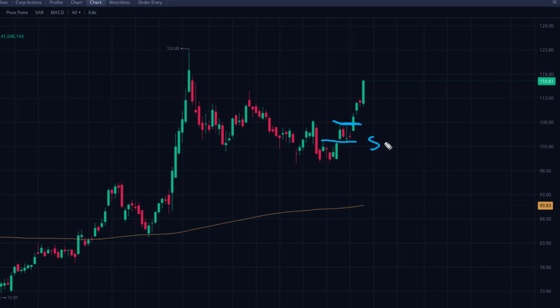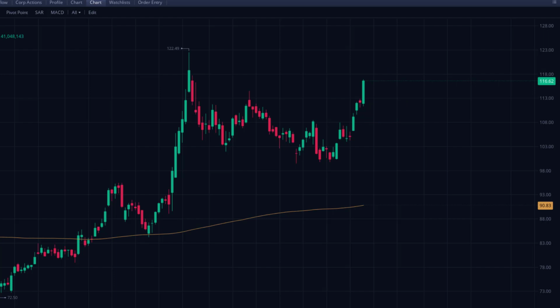So now my stop is at break even, and we just broke out above this high right here. Today at the end, I'm going to be moving my stop to 108. So I already have $5 locked in, and I still got quite a bit of cushion. I've got $8 of cushion, and as the price moves up, I'm just going to keep trailing my stop using these resistance and support levels, and that is the price action strategy.